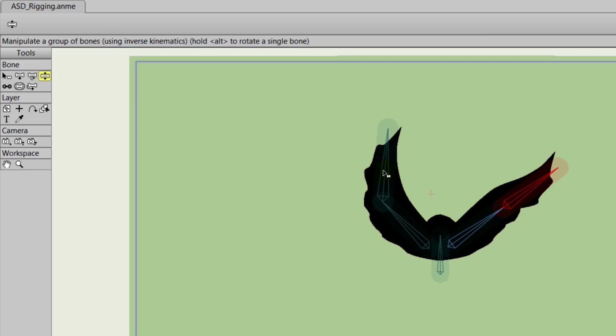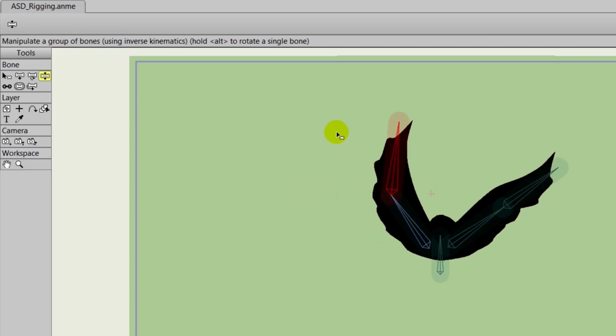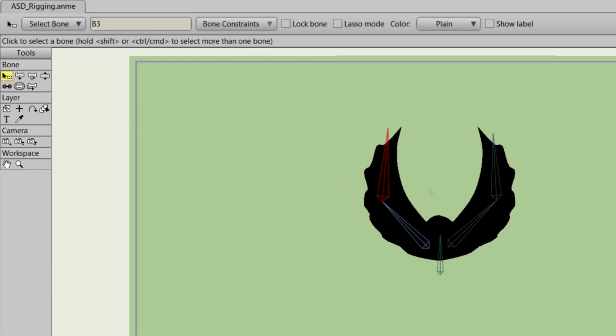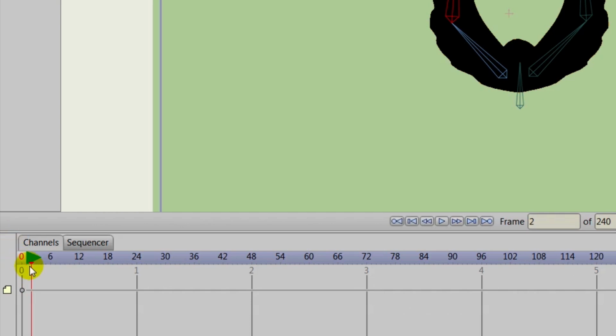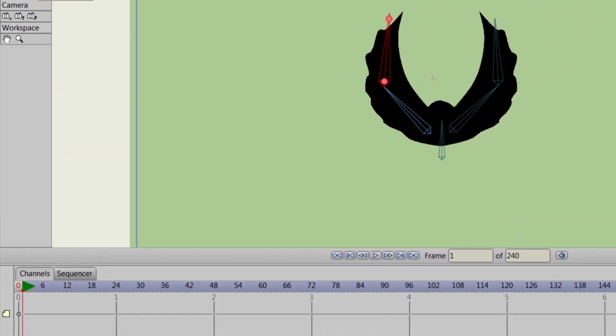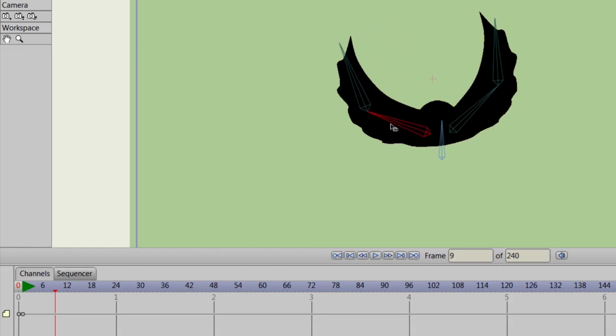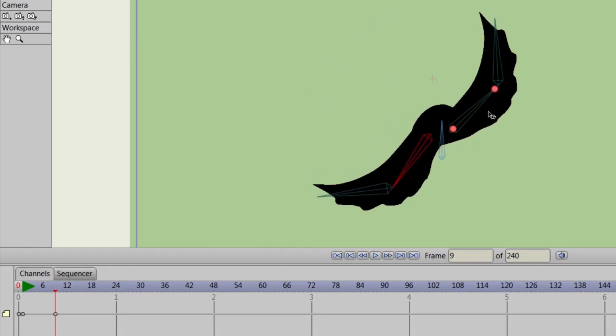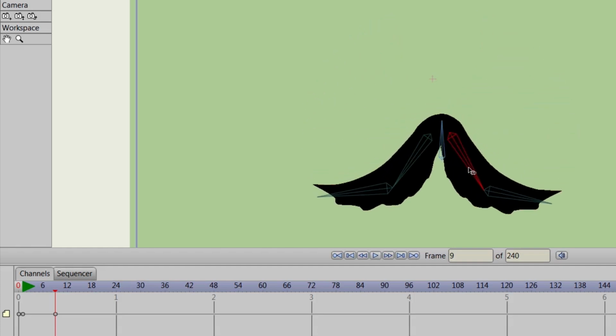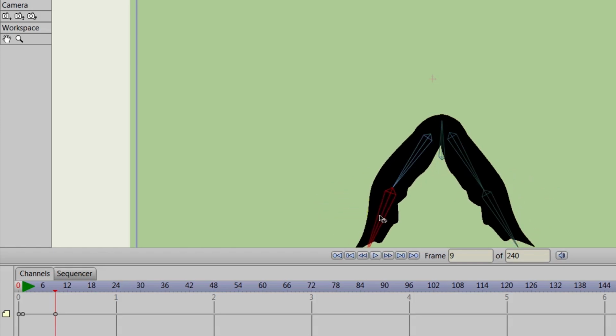And we're on frame 0 right now, so we're not doing any animation. We're just kind of playing around with it here. But if we want to animate, we can come down here to the timeline and go to frame 1. And we will then take the Manipulate Bone tool and click on all of the bones to create a keyframe for all those bones. Go to frame 8, and then with the Manipulate Bone tool still in hand, we'll just move that first bone down for each of the wings, and we can also do the same then for the second bone on those wings,